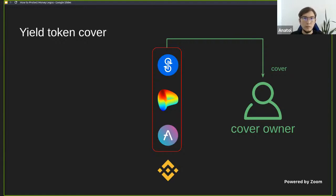So you would have a specific token, for example, USDC from Aave, and if the token happens to have a depeg, we would cover that loss up to 90% of the cover amount. Moving on,